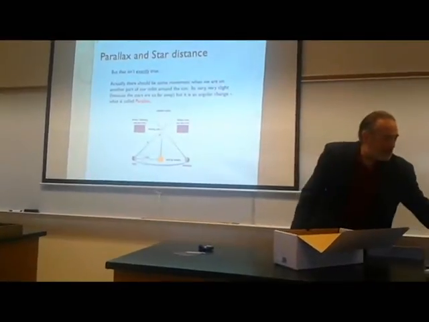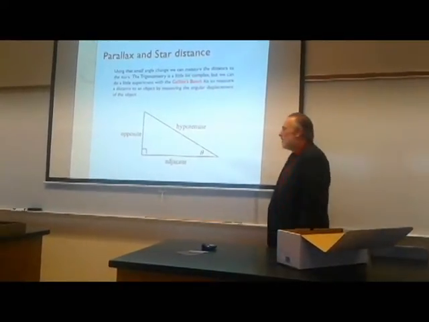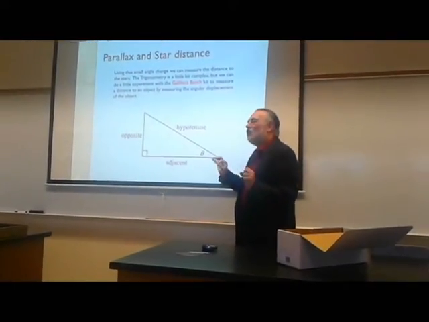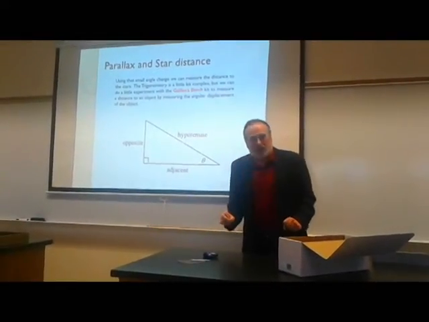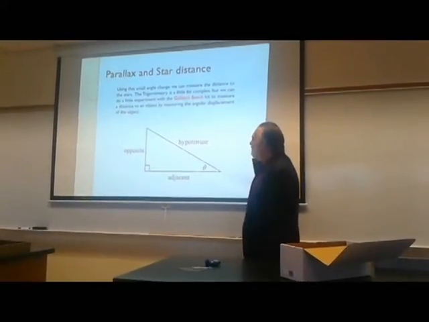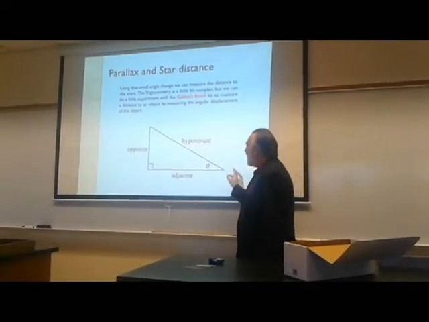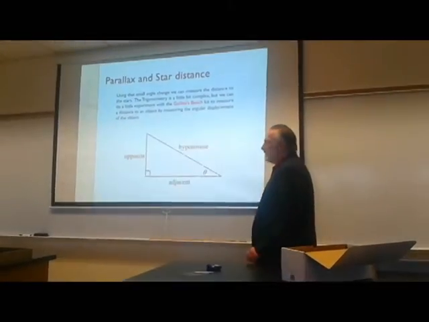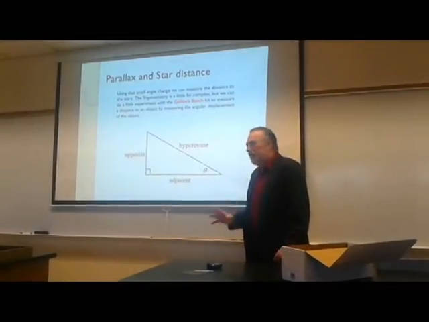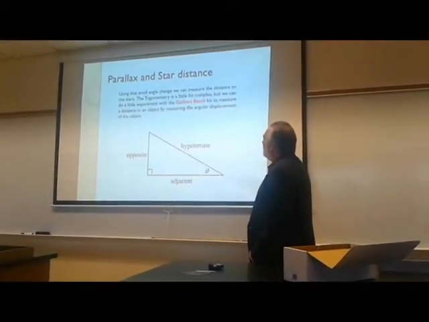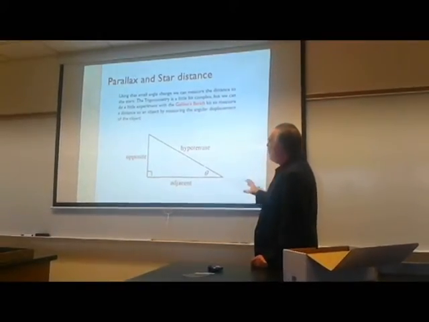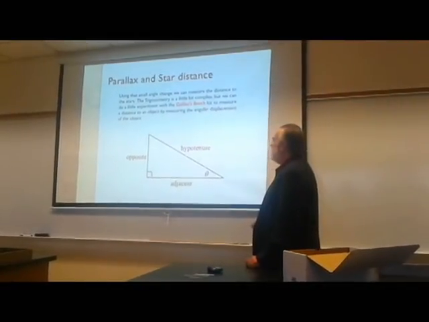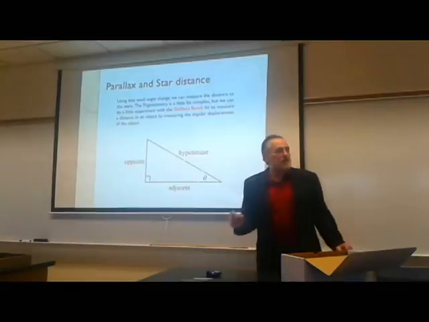So, if they did see it, and we could measure it, well, that's what we're going to do. We're going to see how, using a small angular change, we can figure out a distance to something. It's just a little bit of trigonometry, but bear with me. We can do a little experiment using the Galileo's bench kit to measure distance by measuring the angular displacement of